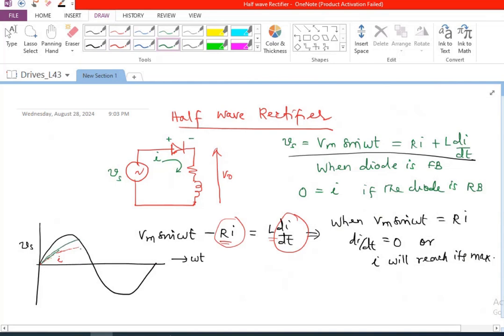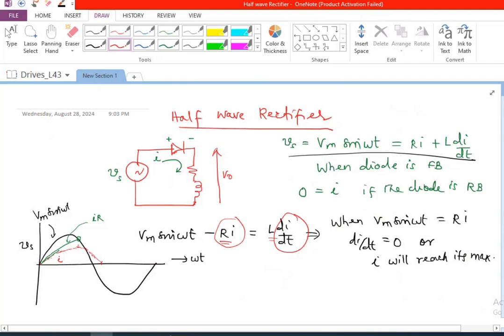So if I R is this green color waveform, and Vm sin omega t is this black color waveform, you can see that at this point, Vm sin omega t and IR are equal to each other. So at that point, the current would have reached the peak. After that, the current should start decreasing, and probably it will reach 0 because